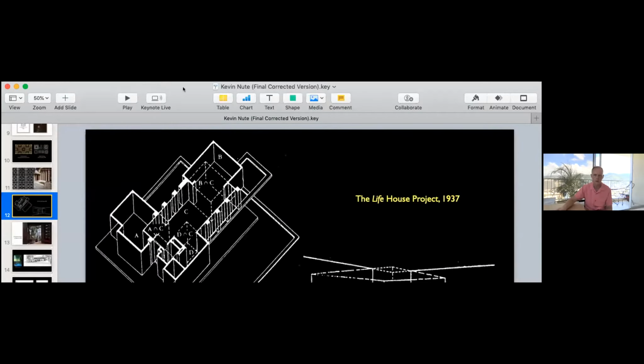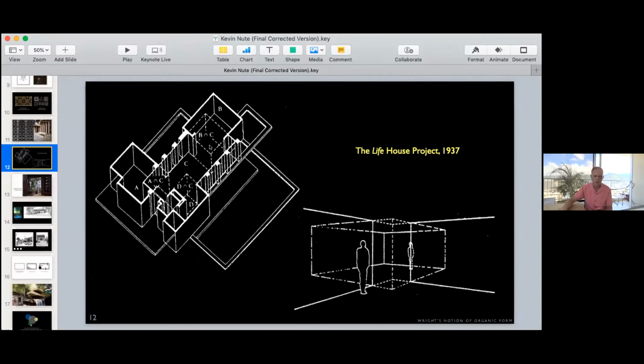But Wright's, and I'm going to share a screen here. I hope, did I get that right? Yes. So here's an example of Wright's interpenetrating space, and you don't find it anywhere else, and you certainly don't find it in Japanese architecture, where 4 walls will come together or 2 walls will come together in a conventional way.